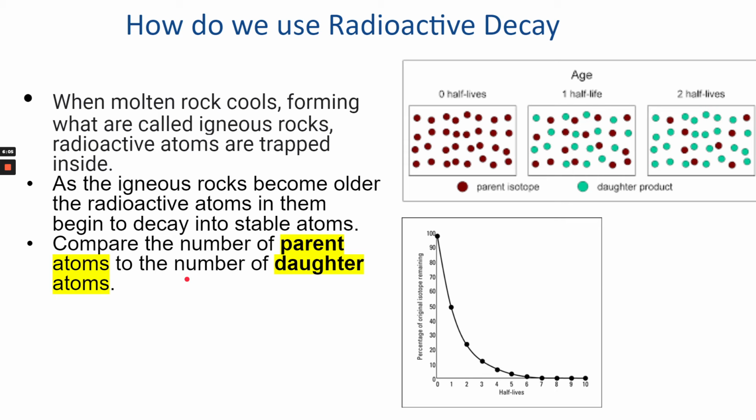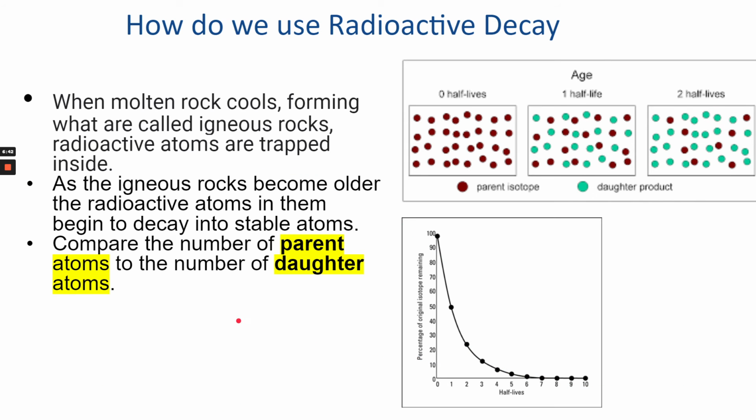So what we do when we use radioactive decay to find the age of something is we compare the number of parent atoms in a sample to the number of daughter atoms. And by doing that, we're able to determine how many half-lives have gone by. So for example, if there's 50% of parent and 50% of daughter, then I know it's 1 half-life. If there is 12.5% of parent remaining, then it's 3 half-lives. 25% is 2. I should have done that in order. So it's 50%, 1 half-life, 25% is 2 half-lives, and then 12.5 is 3, and so on and so forth